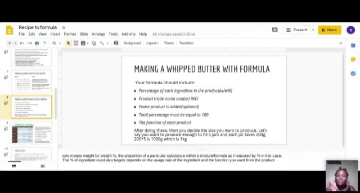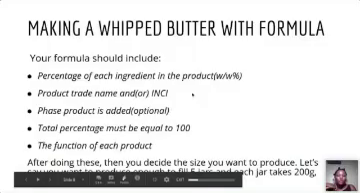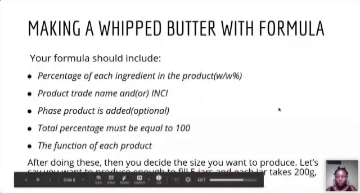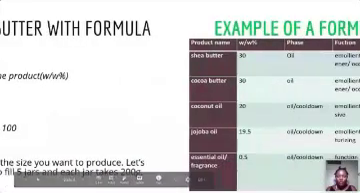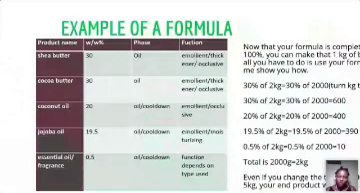I don't think there's anything as important as knowing the function of your products. I need to put this in the formula. Present the formula and the function of each product. You need to know the function of your product because